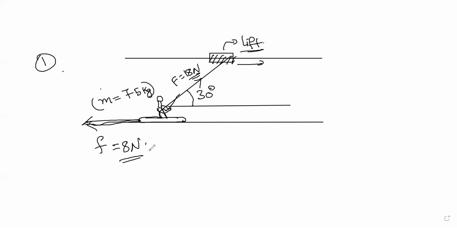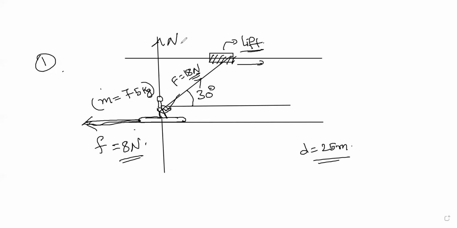The skier starts from rest and is pulled along the horizontal distance d equal to 25 meters. The first thing you have to find is to add on the diagram the weight and the normal reaction force acting on the skier, and label it. That is pretty simple. Here you can put that this is the normal reaction, and the weight of the person will be downwards. You can do it like this.